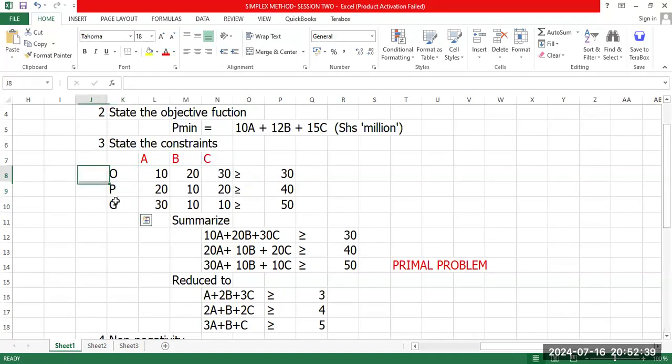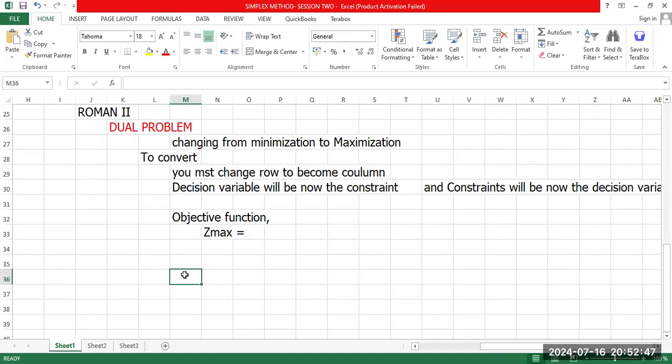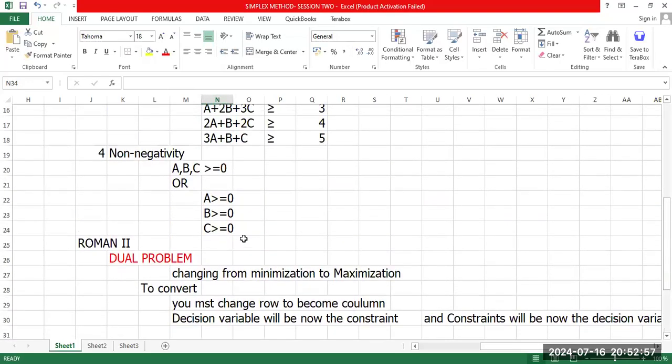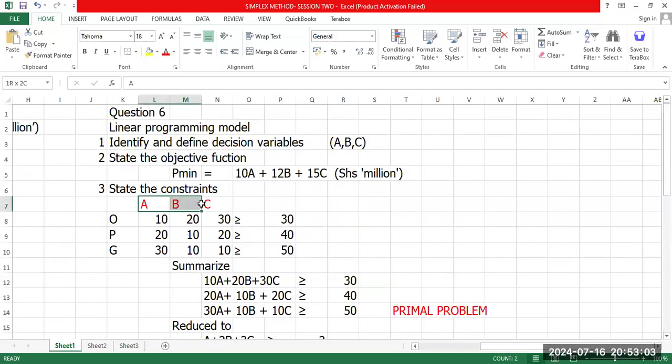What I had this side will be the one to appear on top. So when I'm presenting, I put here A, here B, here C. Then on top, because I'm changing the decision variables to become the constraints,